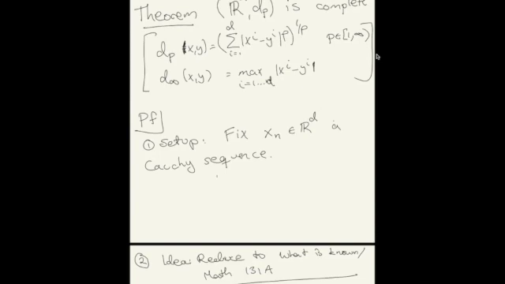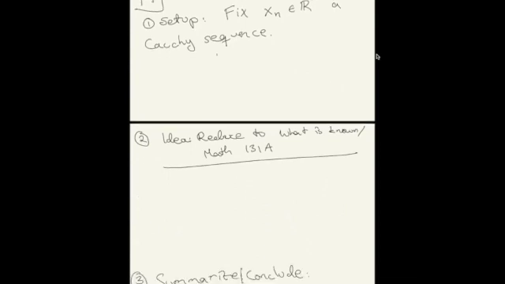Our idea for this will be that we know that Cauchy sequences converge in R. So if we could say something about the components, we would be in a good place. So our setup is just we fix a Cauchy sequence. Okay, so we want to reduce to what we know, Math 131a and R. So let's look at the components. So we have that for every component i, 1 through d, we have that